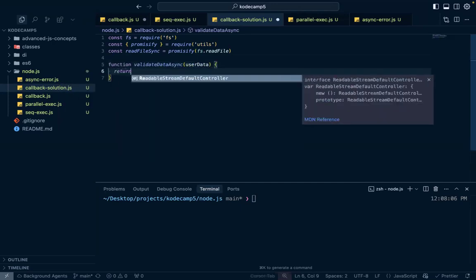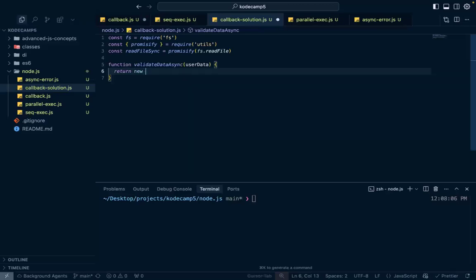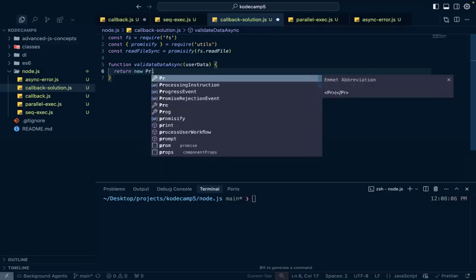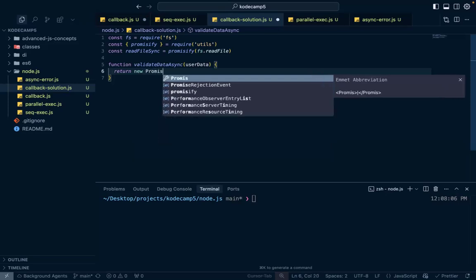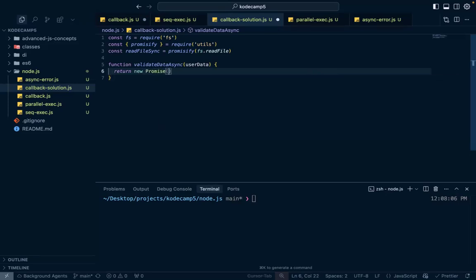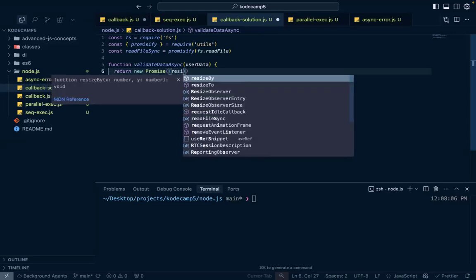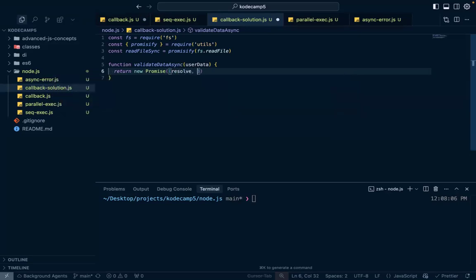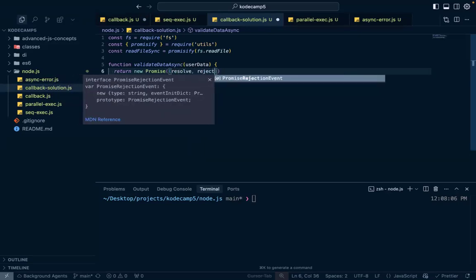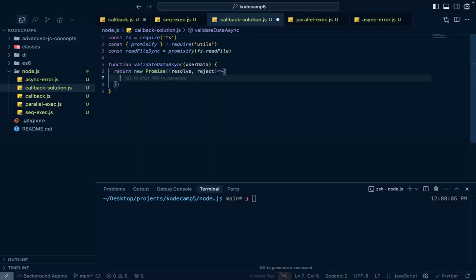Then you return a new promise that takes the executor. We pass in the executor that takes in parameters of resolve and reject. So this executor function now